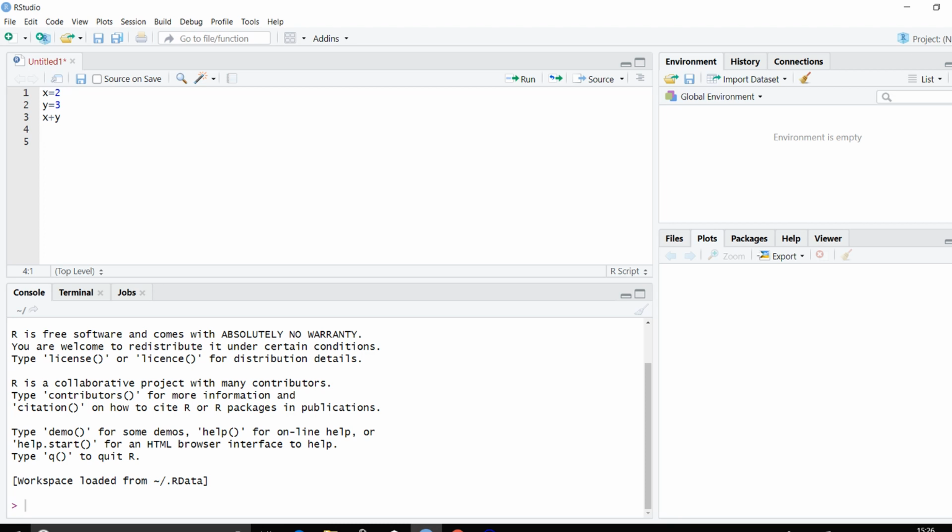Now workspace, everything that you see here is our workspace. In our workspace we have the console that we use to actually run all our code. Then we have this text editor where we can write our code and store it. The global environment shows all our objects that we have stored, and which value is stored where. And this is a versatile place: plots, or we can search for help, and everything that we are going to do here we'll see later on.